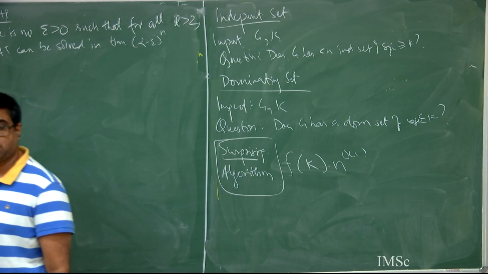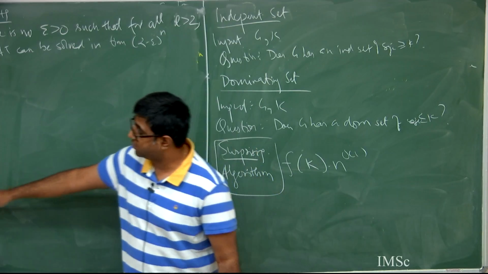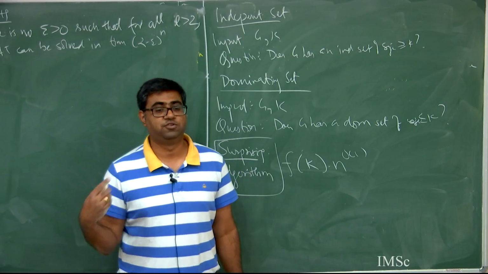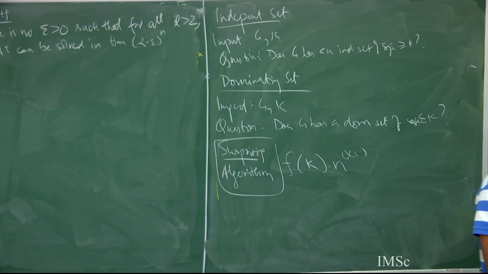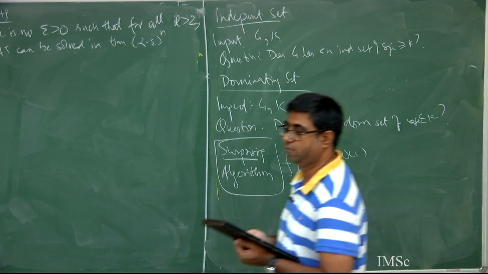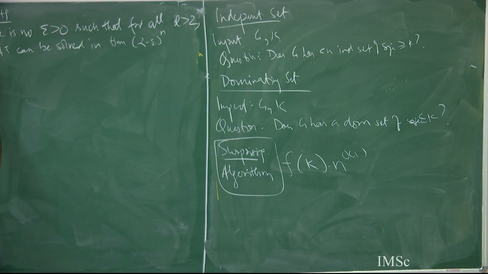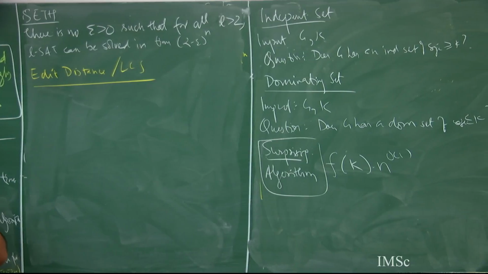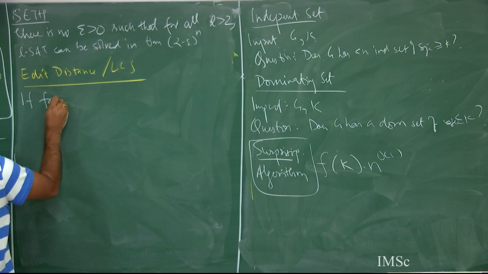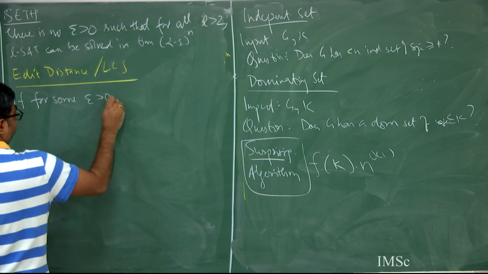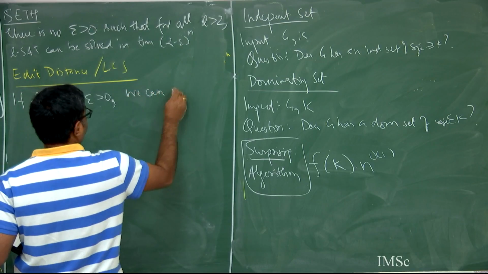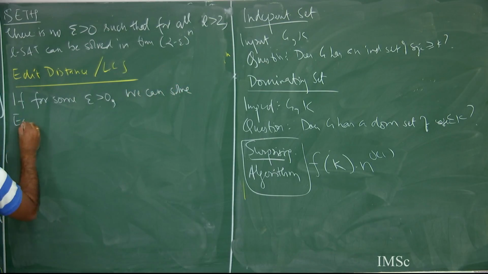For now, suppose these are my surprises, these are my unexpected breakthroughs. If this is what I assume as unexpected breakthroughs, then what kind of theorems do I like to prove? The kind of theorems I would like to prove is the following. Let us state this theorem for edit distance and longest common subsequence. If for some epsilon greater than 0,